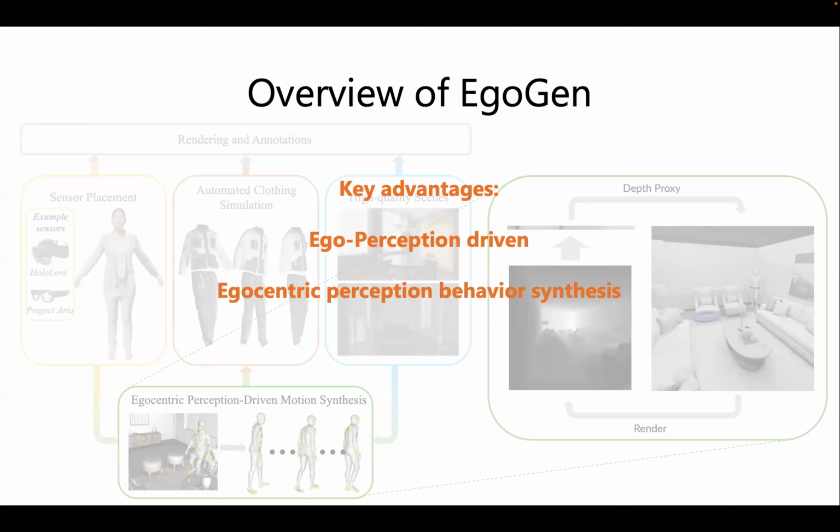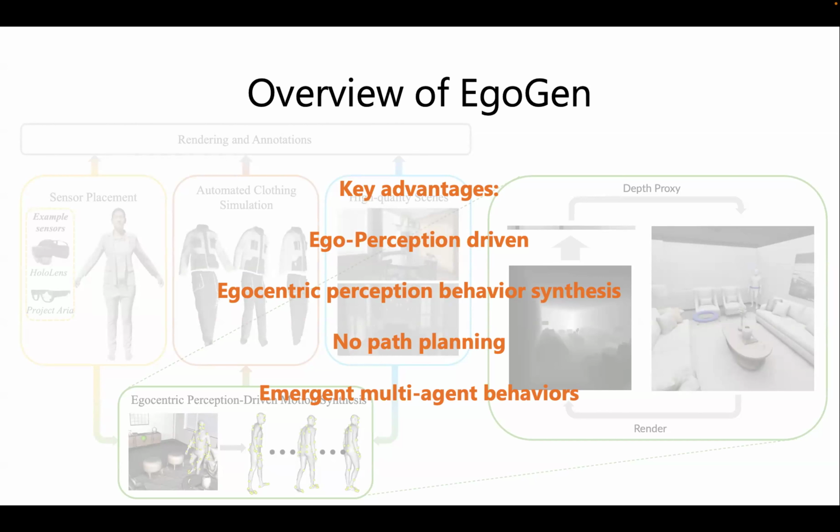And the second, I think this type of egocentric perception driven motion synthesis model can give us a certain type of egocentric behavior. Another thing is there is no path planning. For example, so far we try to synthesize goal-reaching behaviors, and previous work also needs some path planning when you try to synthesize human motion in an environment. And here, by this egocentric perception, we don't really need path planning anymore.